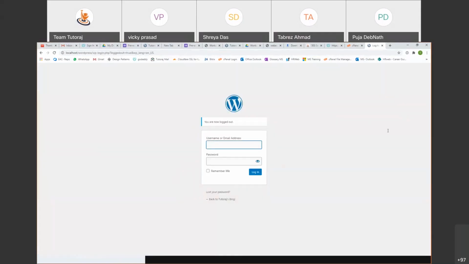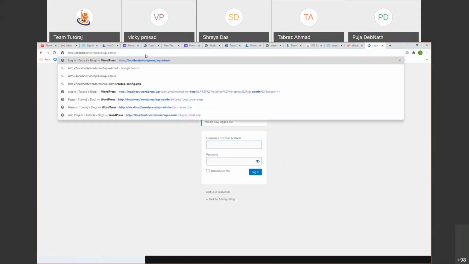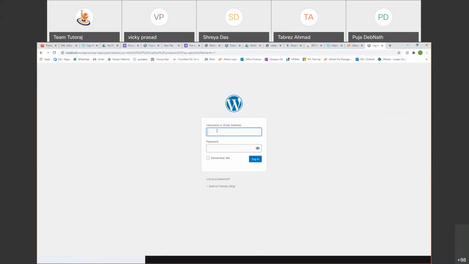It says can't reach that page. All that you will have to do, just type this, hit enter. Okay, it will take you to this page. All you will have to do is type the username and password that you gave during the installation page. Yeah, the password is the one that you set when you were doing the Bitnami installation. So whatever you had done during the Bitnami installation is the same password.